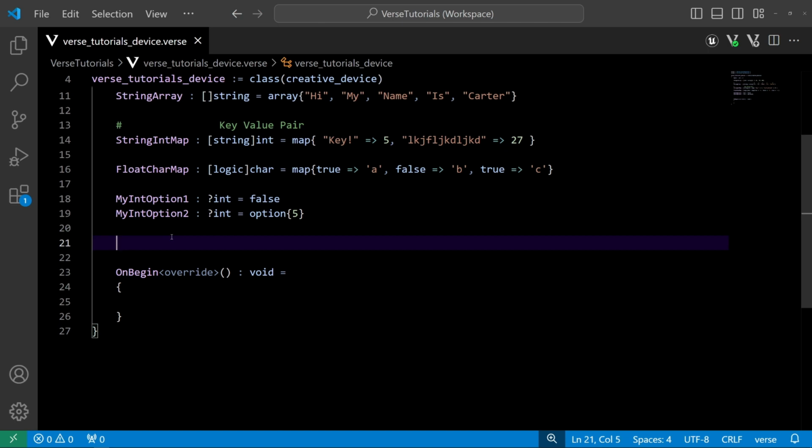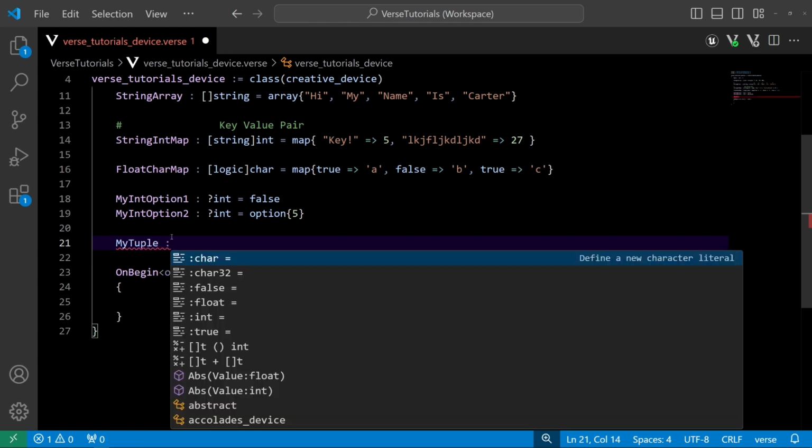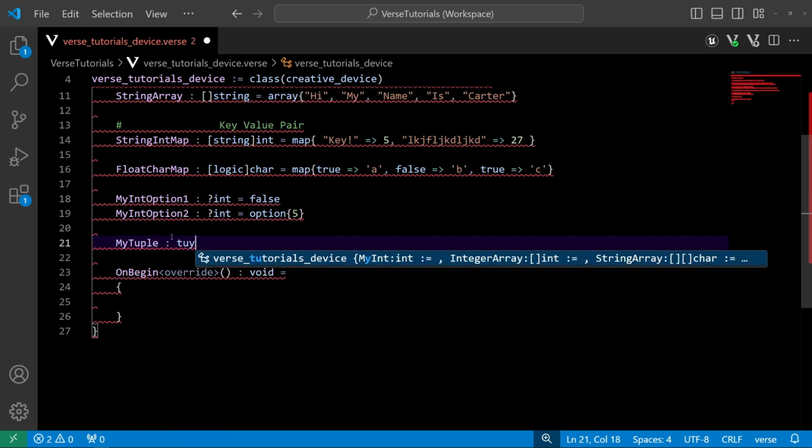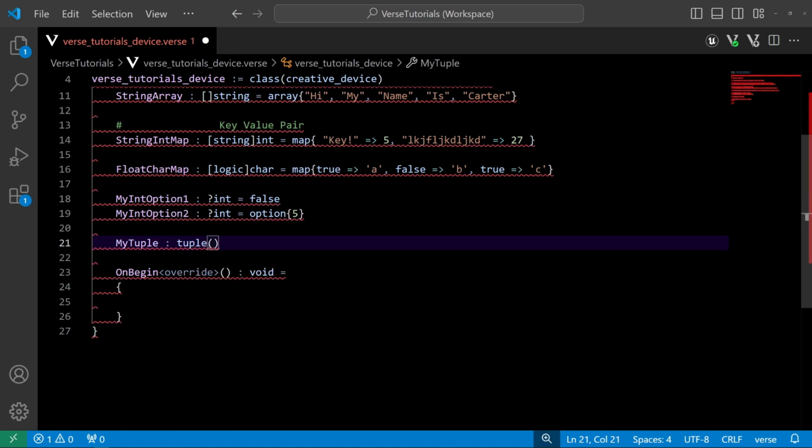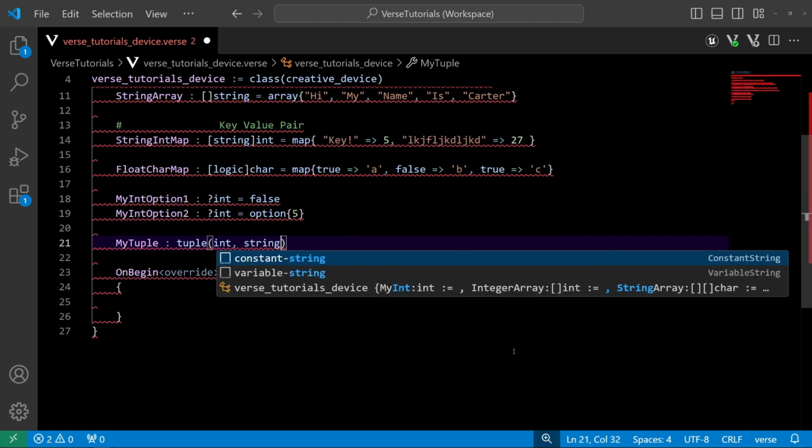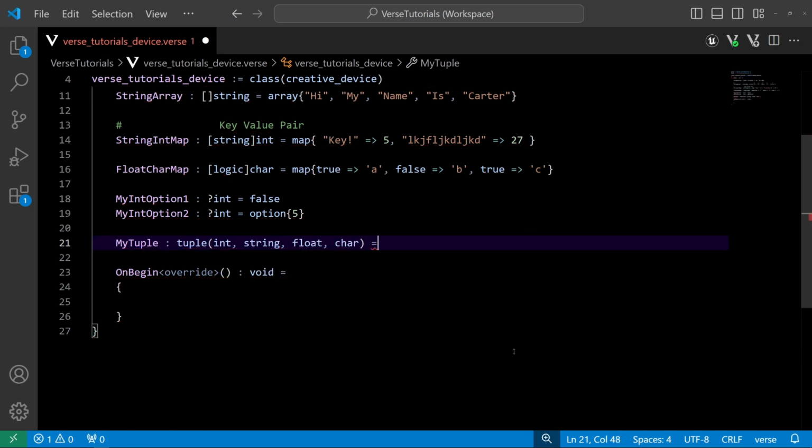So here's a tuple. I'm going to call this my tuple, right? Boring name, that's okay. I'm going to set the type equal to, and then what I'm going to do is type out tuple, the word, and I'm going to put parentheses, and then inside of the parentheses I'm going to start naming types. So let's do int, string, float, char equals, and then we need to provide it a value here. So I'm going to open the parentheses once again. I'm going to write 5, "hi", 1.7, 'a'. Okay, and we have suppressed our errors,